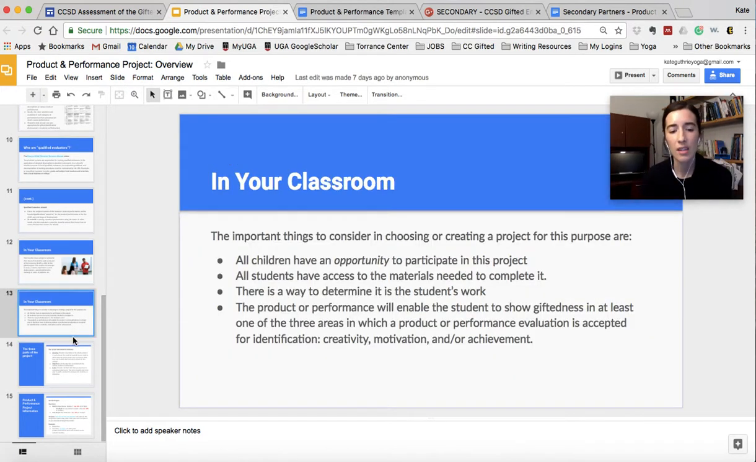I don't want you really creating a whole rubric or project or performance from scratch. That's not the point of this. The point of this is to use something that you're already doing in your class. Use a rubric that you already have. It might be perfect as it is, but you might need to adapt it. But you want to have something in your course that could be used as evidence for this gifted eligibility, so